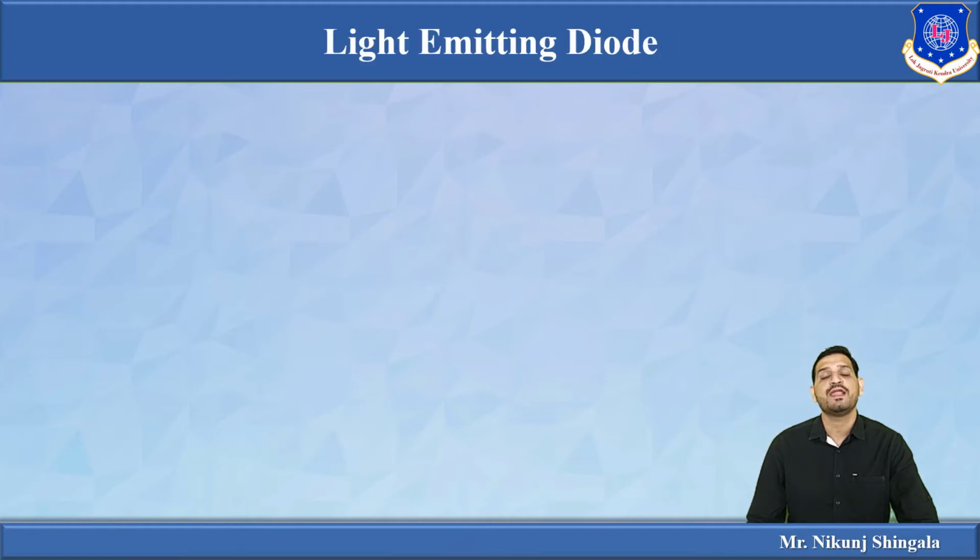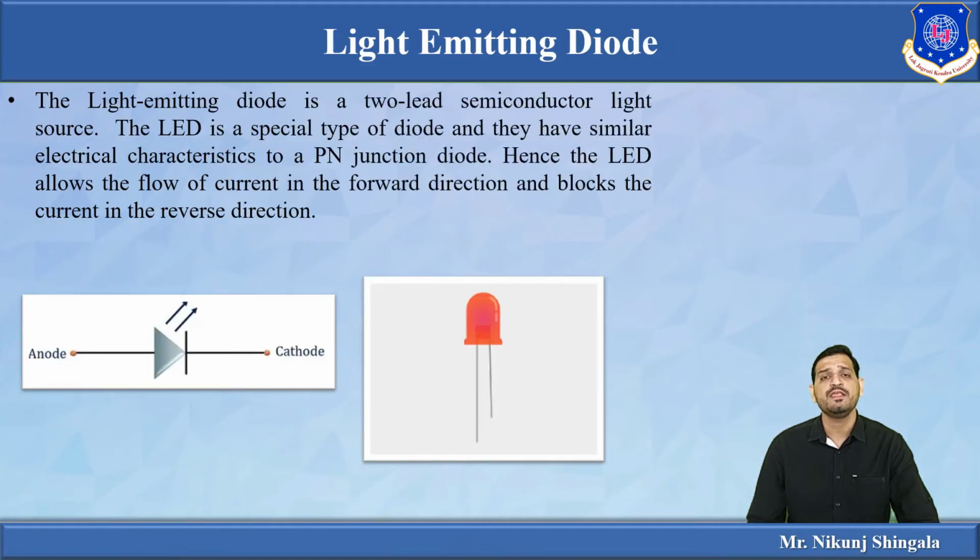Okay, so first one is a light emitting diode. It is similar to the normal diode, but how does it emit light? This is the LED and this is the symbol of LED. Anode and cathode, two leads are there. The bigger one is the anode lead. If you purchase an LED from the market, you will find this kind of LED. So the bigger lead is the anode and the smaller lead is the cathode.